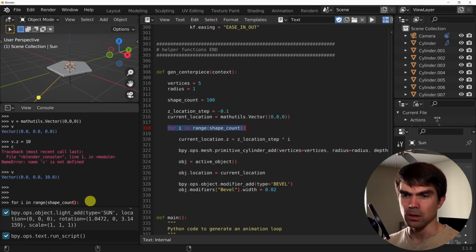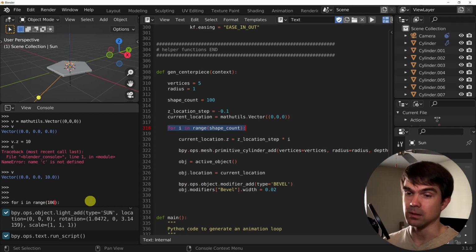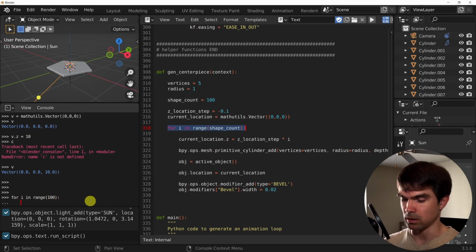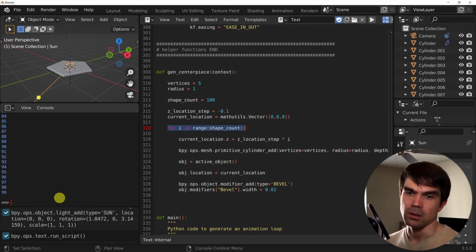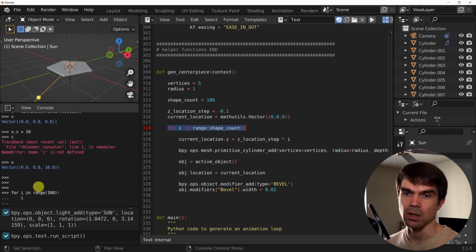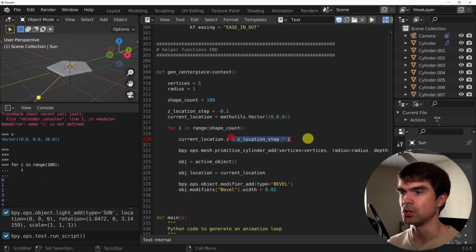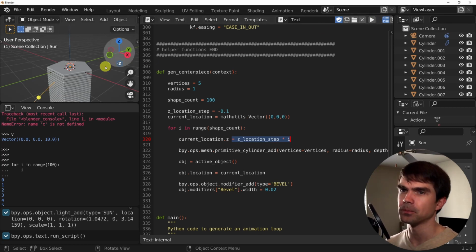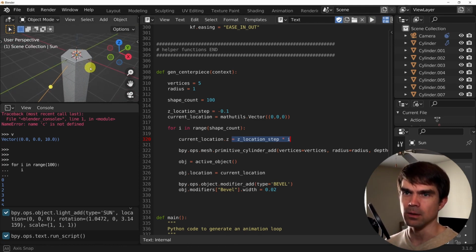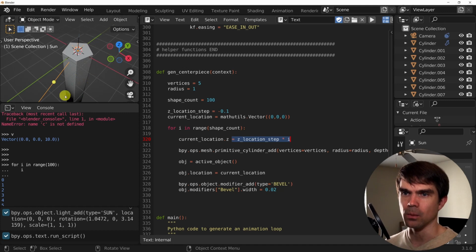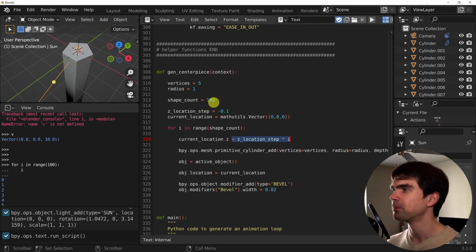So not shape count, but okay, let's go with just a number, an I, and you can see that I is just printing out going from 0 to 99, and so this will change on every single iteration. Let's rerun the script, and now you can see you have the shapes going all the way down.